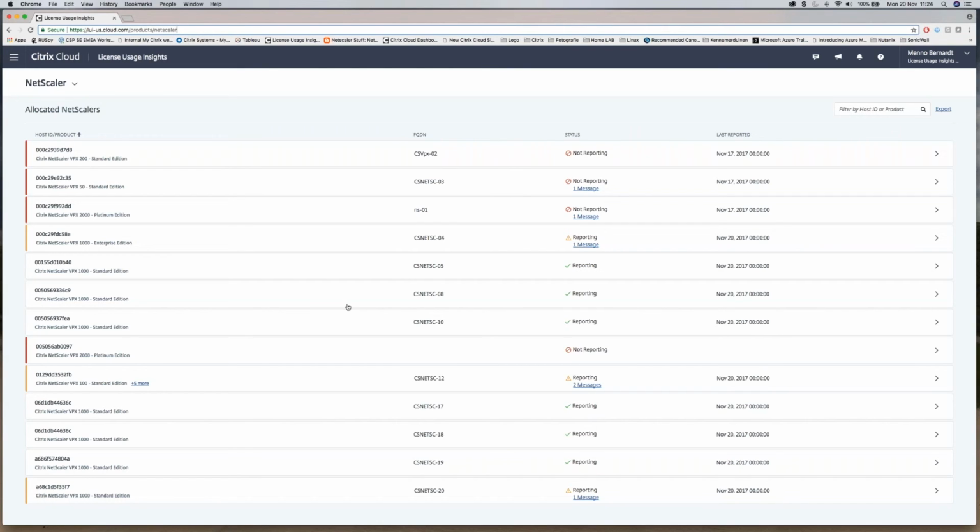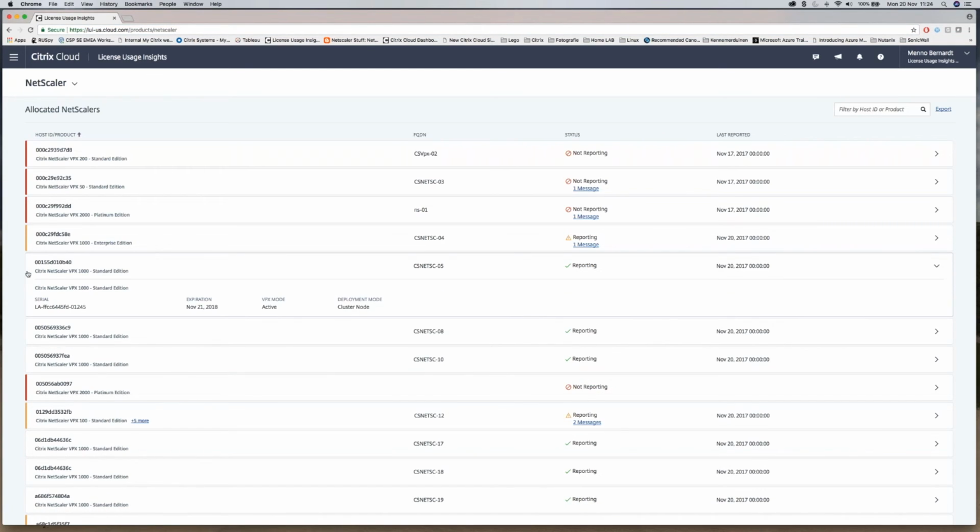And also the call home feature is now enabled. For that, you have to download the latest firmware for your NetScaler, so please upgrade. And then you can exactly see for this specific NetScaler, it's a VPX 1000. This is the serial number. The license file will expire on this date. It's in active mode, so it could be that you have an HA pair, then you have active passive mode. And it's active, and the deployment mode in this case is a cluster node,